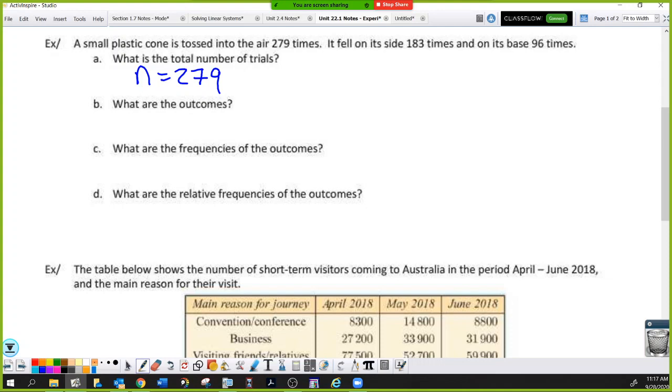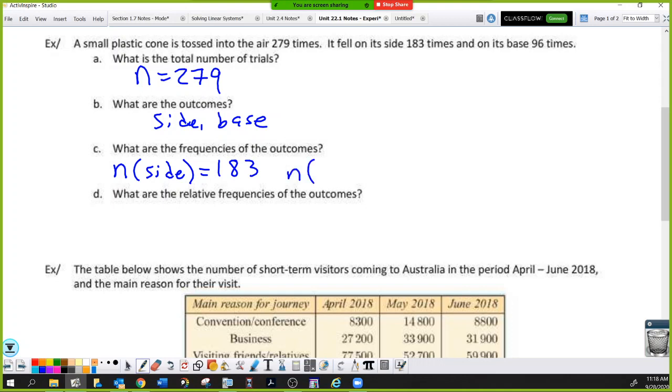What are the outcomes? What are the possible outcomes? Well, not how many, that there are 2 possible outcomes, but what are the possible outcomes? Sides and base. So side and base. So there's only 2 possible outcomes. When it says what are the frequencies, that means how many times was it observed, not the probability. So the number of sides was 183,